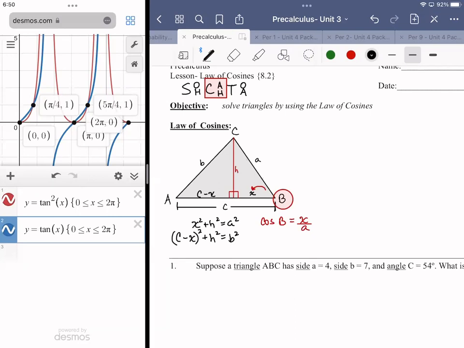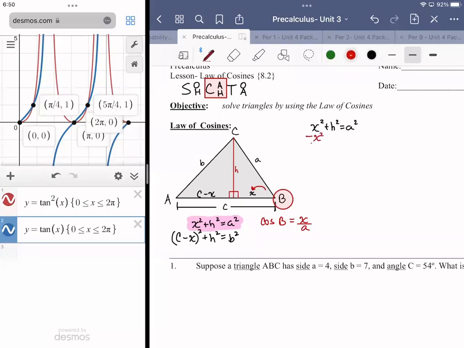I could also create another trig ratio from angle A, for example, but I'm just going to leave it at this because we have enough to work with. Looking at just this first equation, I can do a fair amount, because I see that I have an h squared here, but I also have an h squared here. So I can use some substitution to replace an h squared in one equation with another expression. If I take my x squared plus h squared equals a squared and solve it for h